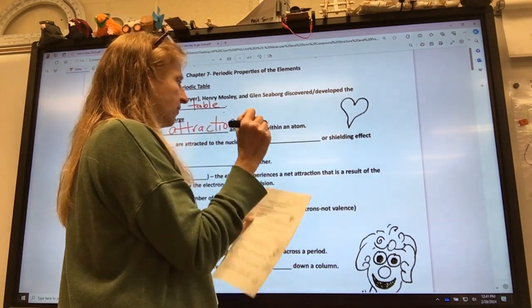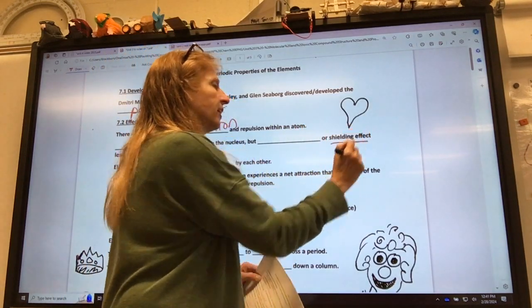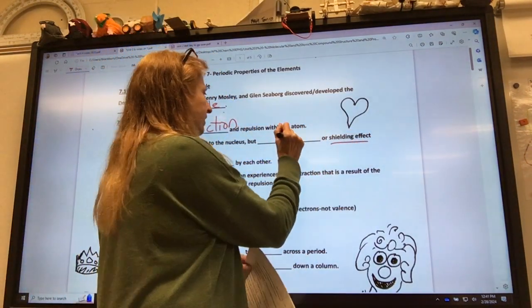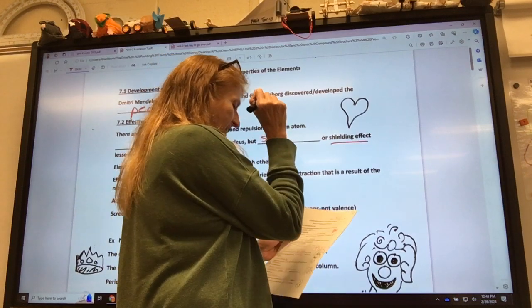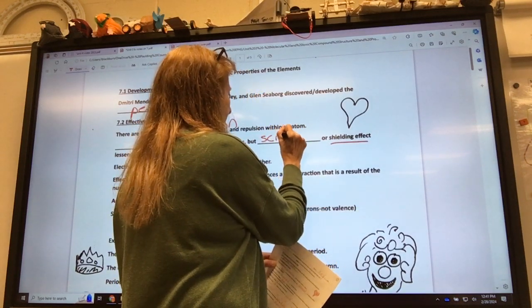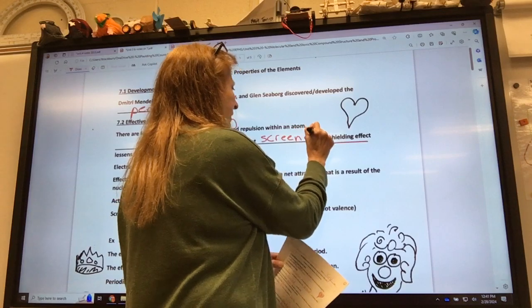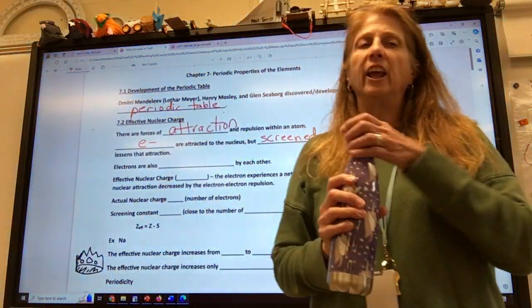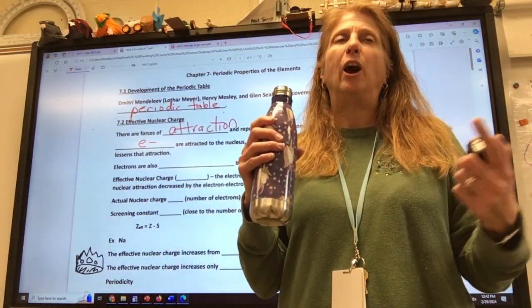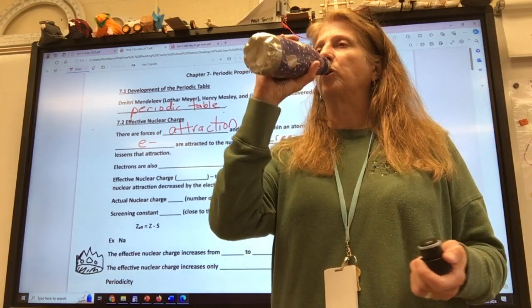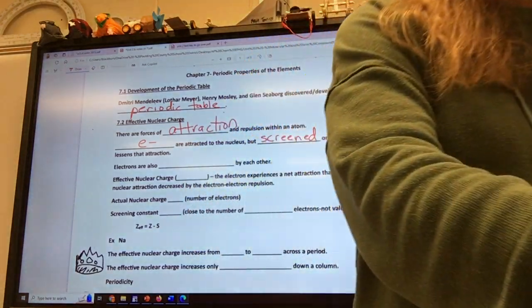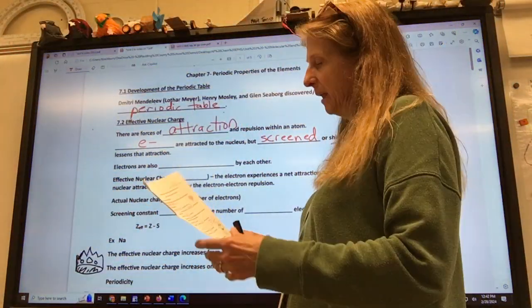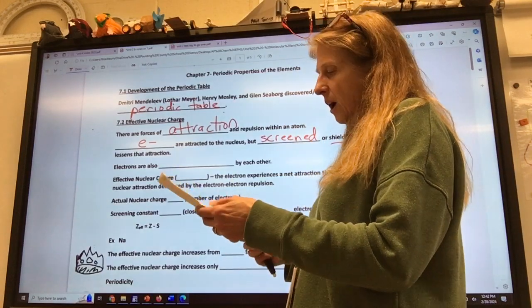So it's one of the things. The other one, we called it shielding effect in honors. Your book says that it is screened. They called shielding effect screening. It just means that electrons get in the way between the nucleus and the electron, and it makes it where the nucleus has less power or influence on those electrons. There's all those little negative electrons making charge, and it's sort of lessening the attraction, okay?